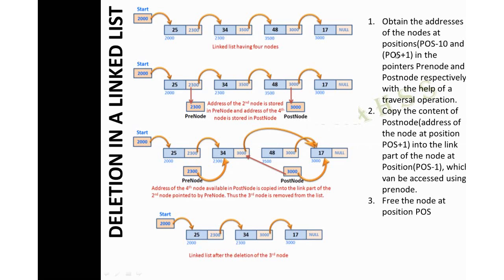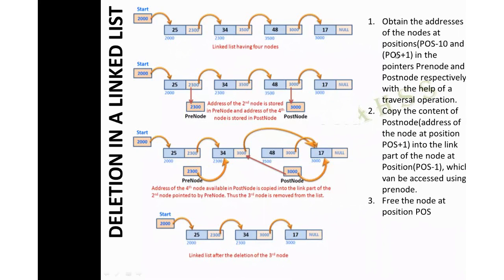Delete: you can delete the last node, or either position you would like to delete. First you have to decide which position you want to delete, and based on that you have to proceed. For that you need a temporary node, a post node, a pre node, because you have to link the list. That's how you can do it.